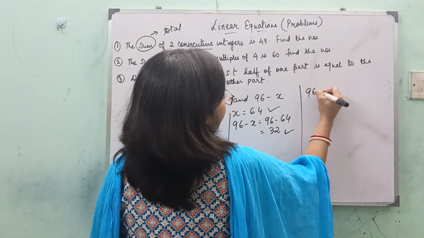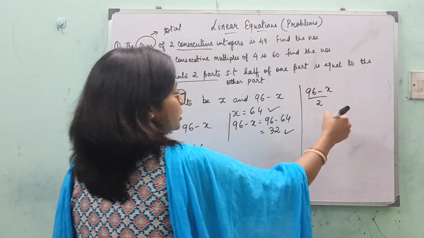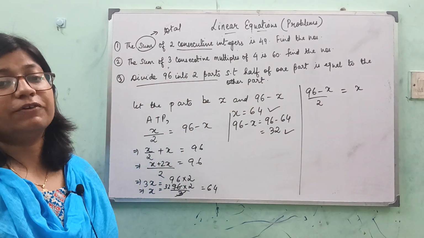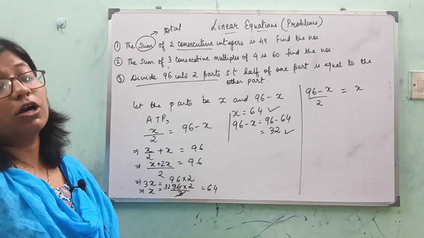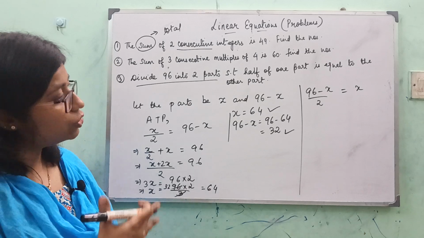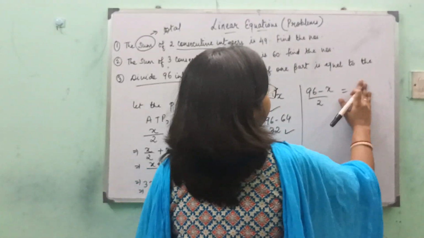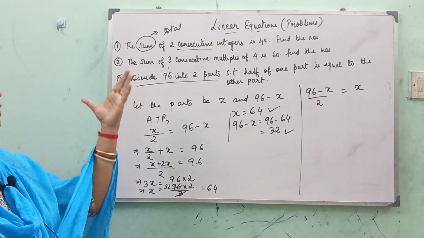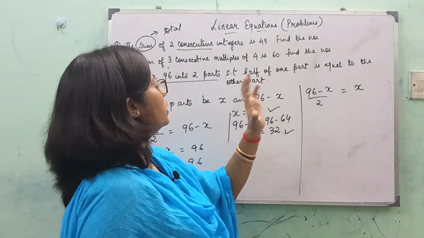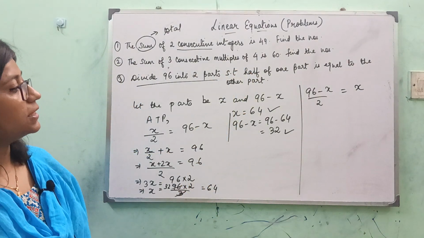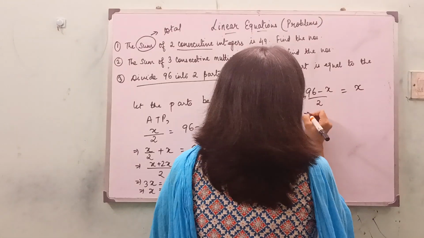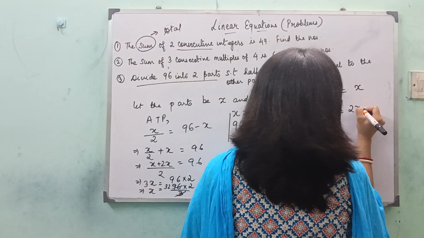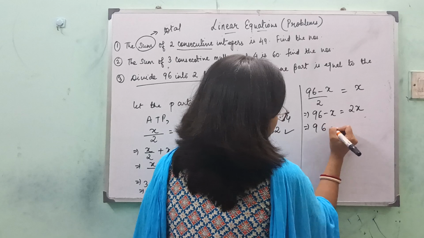You will say, ma'am, we will take (96 minus x) by 2. Half of this part is equal to this part, because it is not clearly mentioned in the question which one is bigger, which one is smaller, or half of the smaller part or half of the bigger part. So you do it. See, the same answer you will get. So half of (96 minus x) by 2, because it is only given that half of one part is equal to the other part. So if we take (96 minus x) by 2 is half, this becomes 96 minus x equals 2x. So 96 equals